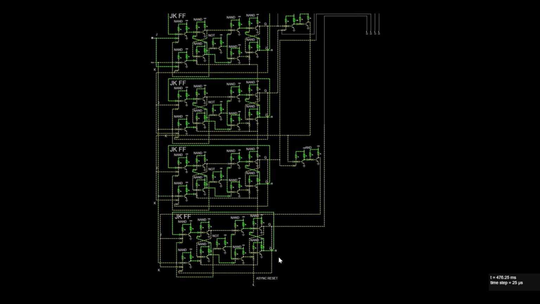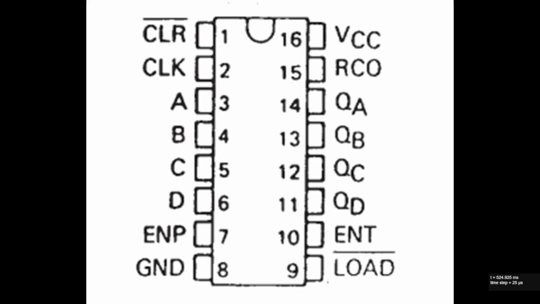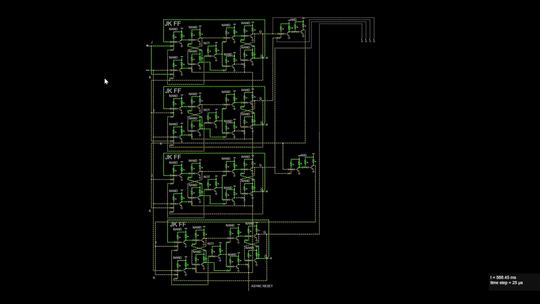IC. You'll see that kind of same thing. You'll see an asynchronous reset. You'll see some inputs. Actually, let me pull up a schematic of one real quick, and you can see all the different pins, right? Asynchronous reset being one of them. You have some other ones for inputs, and then all your outputs, and all sorts of cool, crazy stuff, right? But yeah, so that's basically our